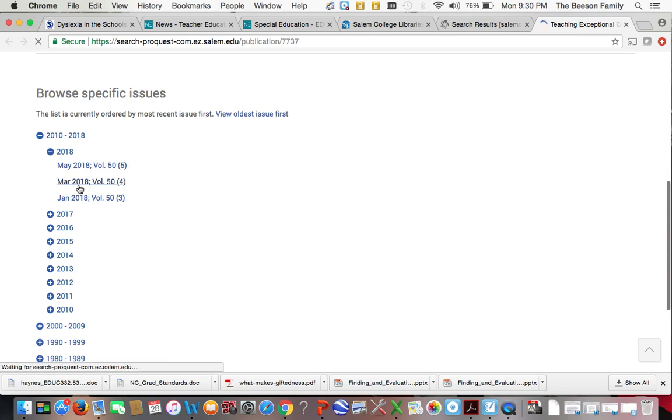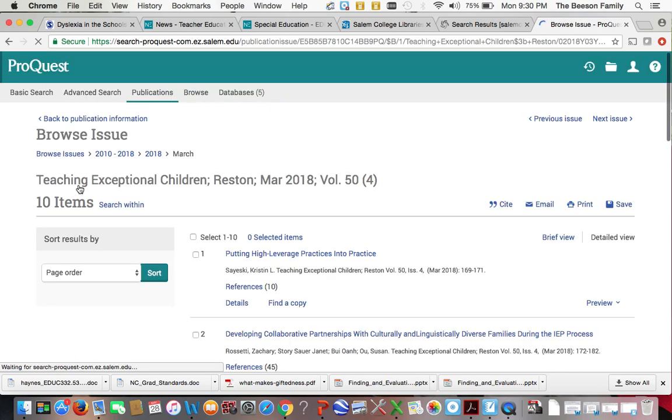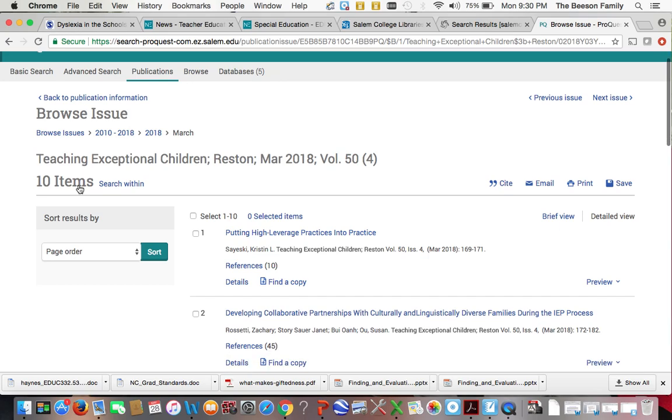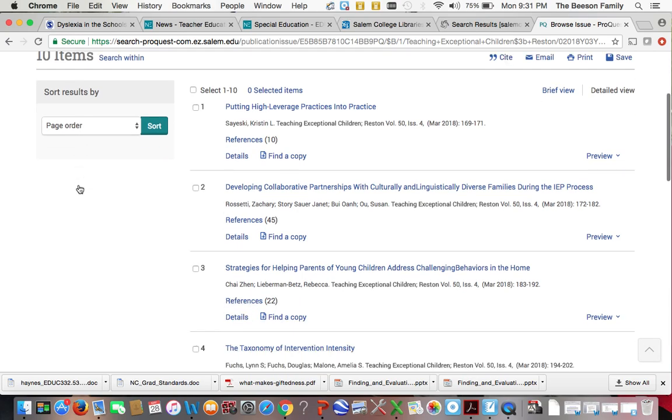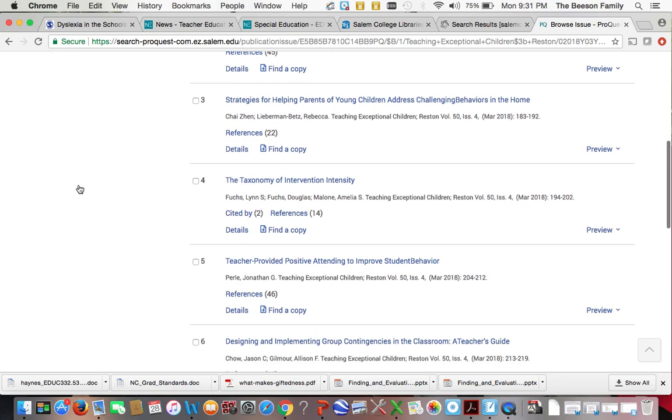So I decided, because her article originally said March, this was before I realized it was online first, so I went to March, and when you click on March, you'll notice that academic journals are not published every month, usually, not like a regular, fun magazine, because it's usually research and things like that, so it takes a longer time to get them published. So you see there are the articles